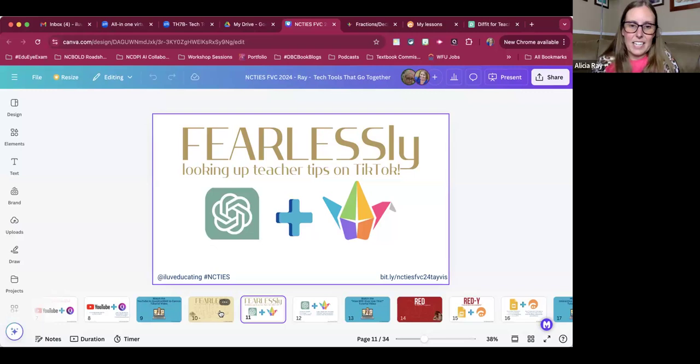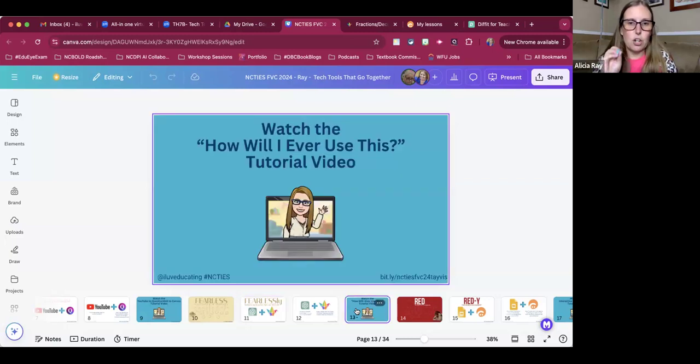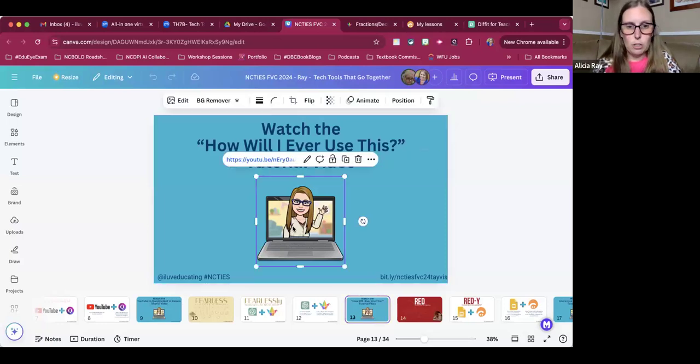Well, in this case, we're going to take ChatGPT, which is this little logo, and we're going to pair it with an oldie but a goodie, Padlet. So I am not going to really go through how to do this one because you have a video right here that is by the creator. It's going to take you to his YouTube page so you can see his YouTube short. And I highly recommend subscribing to this creator because he is full of great ideas. And again, just to get to that, you would click on my little Bitmoji there and your YouTube will come up.